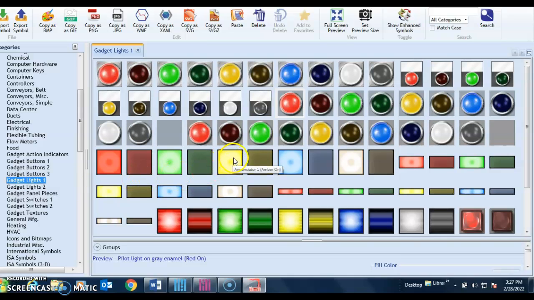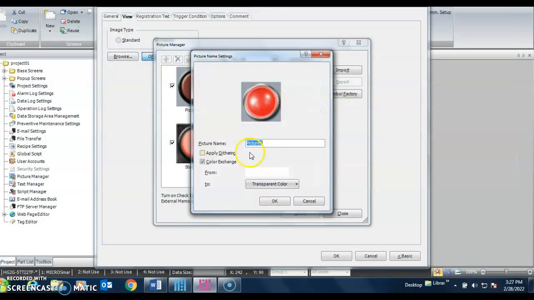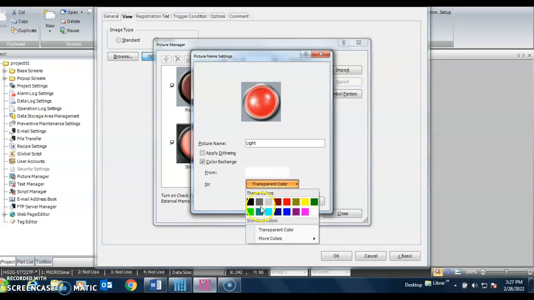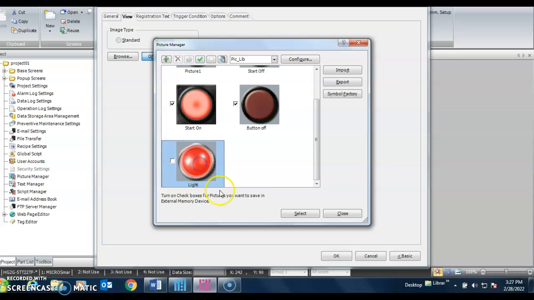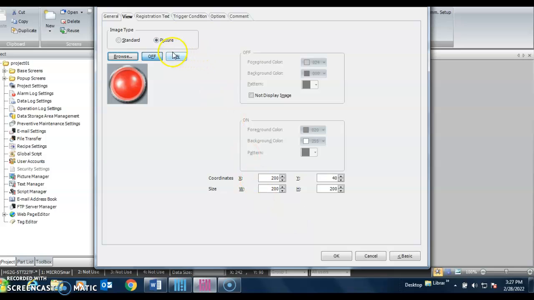Let's put a red light. Yeah, let's go with this one right here. Let's put light, and hit OK. Right here you can choose the color of your light, even though it's red, or we'll just leave it like that. Okay. Hit select. Hit OK. And then when it's on,